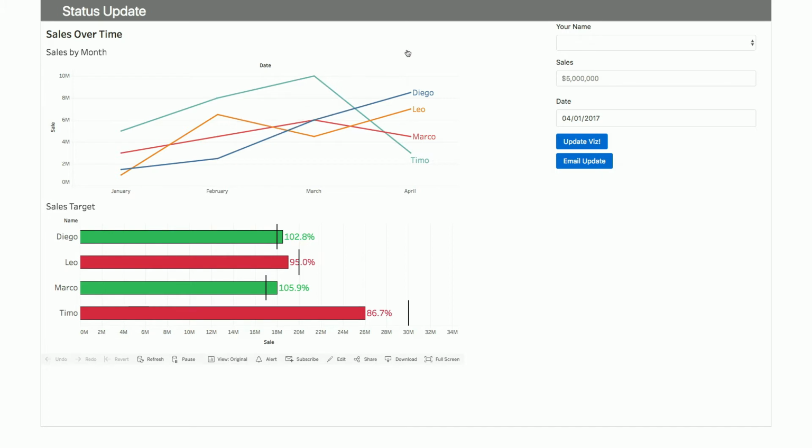So he would come into this application. He would enter his name, then enter the size of his deal, and enter the date on which the deal was closed. This manual entering of information can actually be replaced by selection APIs, and I've seen companies use that to automatically populate some of the rows in the data source. But here, for the demo, I would just manually enter those. And as I hit the update button here,